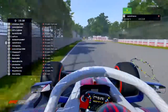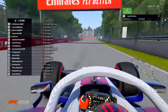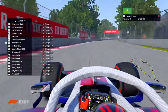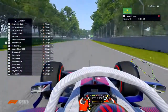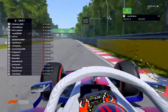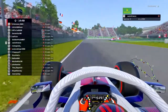These are the medium pace turns of Sector 1. You can see the walls are closed. Everywhere is concrete. This is the end of Sector 1. Rather short. You can actually not win a lot of time here. You can just lose a lap, throw a lap away. Then another chicane, right left combination here. You're coming towards the end of Sector 2. There it is. And the hairpin,